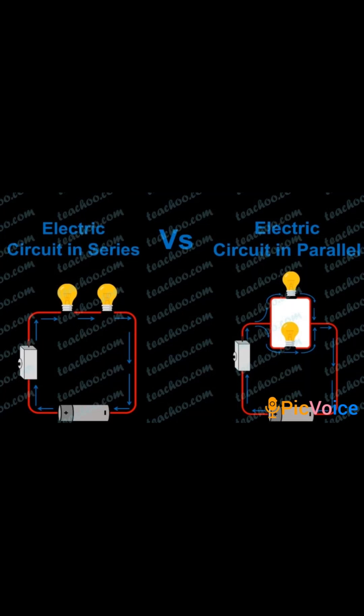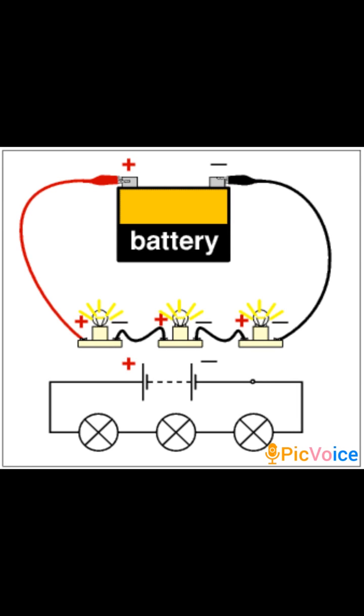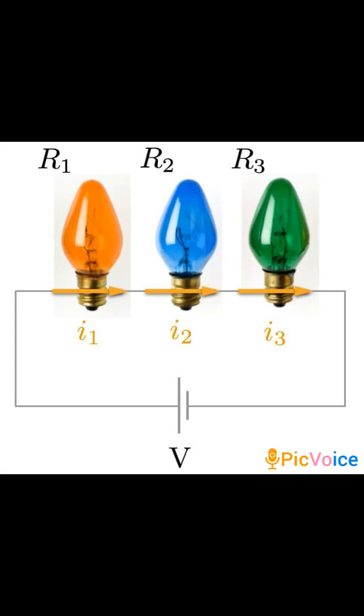Electric circuits we are using in our day-to-day life everywhere. It is used for domestic purpose, it is used for industrial purpose. So which circuit is better, electric circuit in series or in parallel? Let us understand them. Here we can see three bulbs are connected one after the other in a single line in series. So you can see the glowing of the bulb when they are connected to the battery. We will connect three bulbs in series one after the other. When we connect the first bulb, the bulb glows.